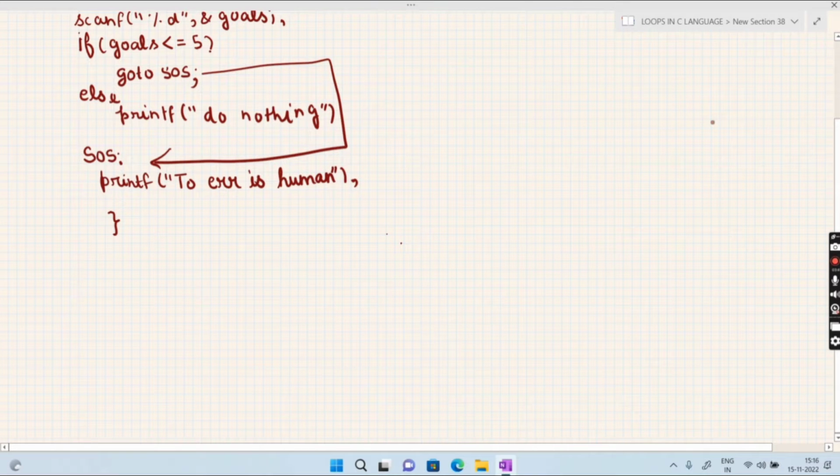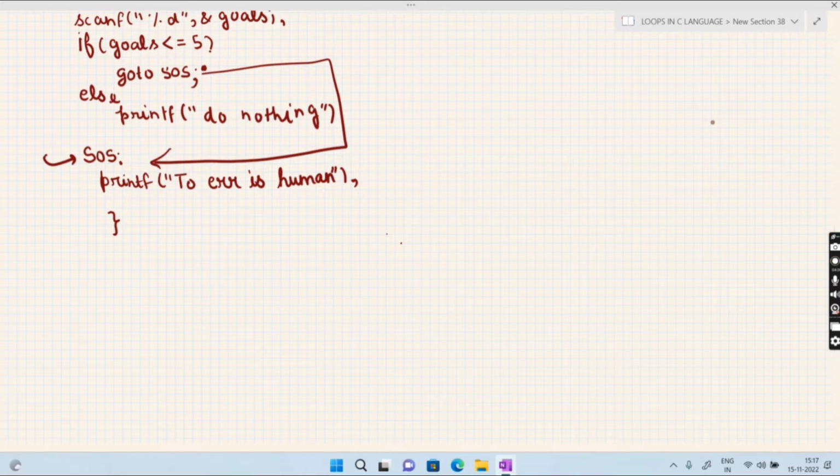Okay, so that's the basic idea of the goto statement. In programming we generally don't use the goto statement. So you don't have to use it in your programming. I have to tell you because it is part of the programming language, so I told you.